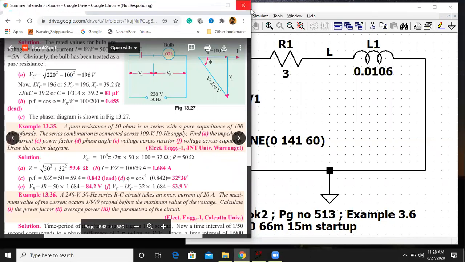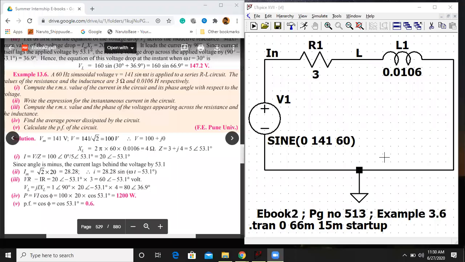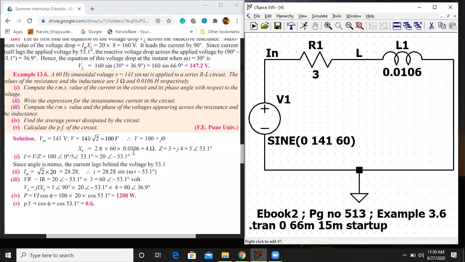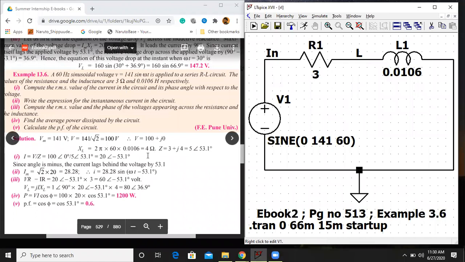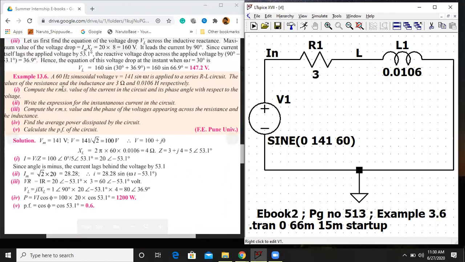Okay, so this is my second circuit for today's assignment. The numbers will be different for everyone again. This is the repeated sum from day 1, week 2 assignment. There you had to solve it by AC analysis. Here we have to solve it by the transient analysis. That is, we will be observing the sine waves and all that.